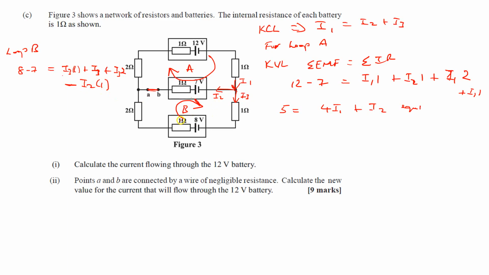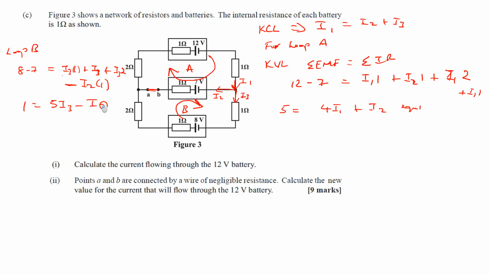Every time you're dealing with a Kirchhoff question, you have to choose where you want the current to flow. In loop B, my current is flowing clockwise. Now when I reach this internal resistance here, I see that I2 is flowing in the opposite direction from where the current in the loop is flowing. So to correct that, you just put a minus sign. By simplifying that, we get 1 is equal to 5I3